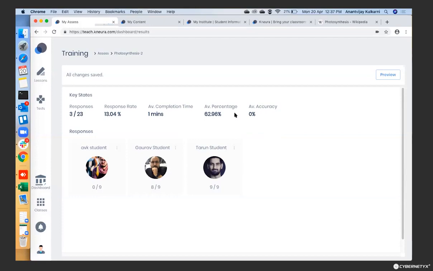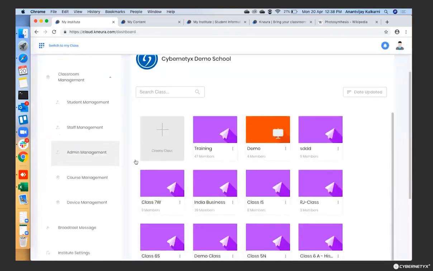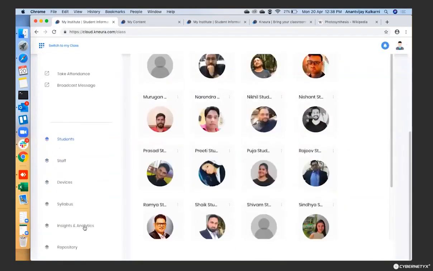So now as you keep taking these assessments, all this data is fed to our insights and analytics for each of those classes. So over a period of time, the admin will get to know the insights and analytics about this. So now let's go back to that part quickly. I think we are already nearing the completion, so I'll not take much time. We'll just quickly show you, let's say, this training class.